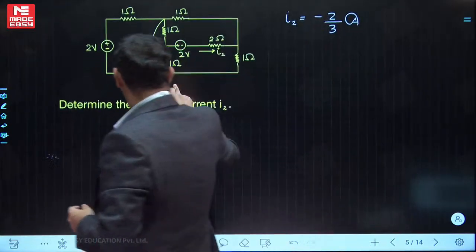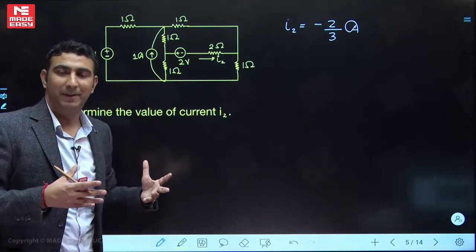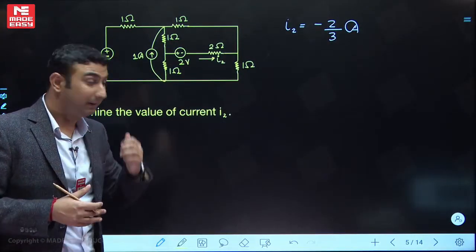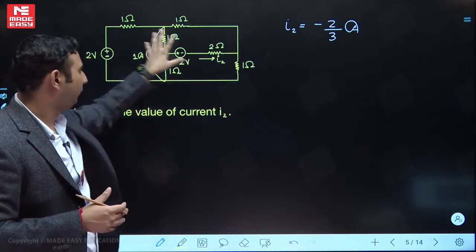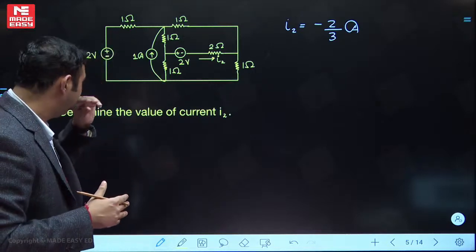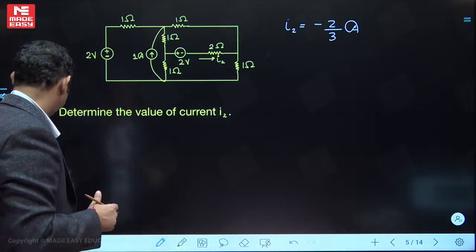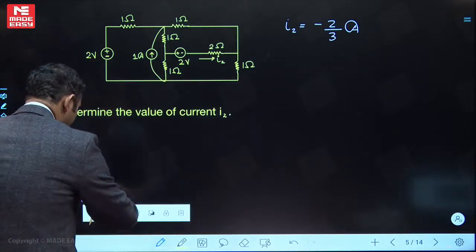Now अब properly सर आपने क्या बोला, कुछ बच्चे जो फॉलो नहीं कर पाए, सर वो जल्दी समझ में नहीं आया, तो चलिए आराम से चलते हैं, स्टेप बाय स्टेप देखते हैं. I am saying that let's go for the superposition theorem. If I am going for the superposition theorem, so let's first activate one source at a time. So suppose I have activated 2 volt source. So what circuit I'll be getting?